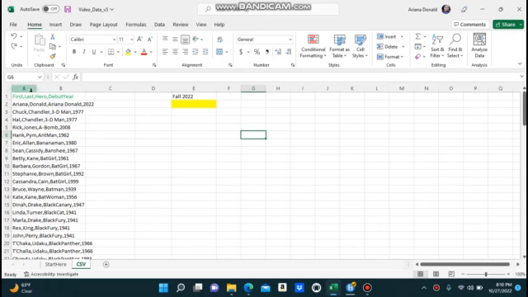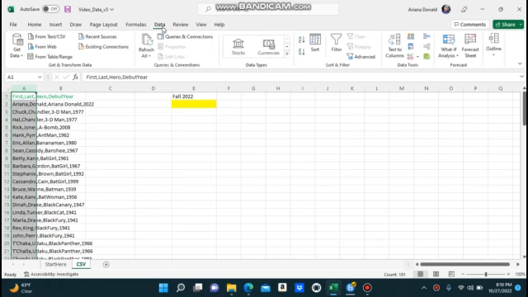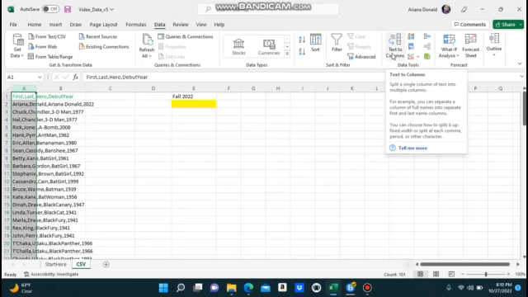So all you're going to do is click on wherever your data is. My data is mainly in the first column, which is column A. Then I'm going to go over to Data and click on a thing called Text to Columns. Text to Columns will help you sort your data so it's more presentable and